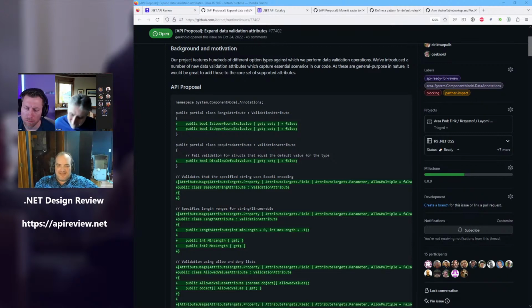What is the actual use case for this? How is this being used? With what types? With what goal? Because if nullable of T is the only thing we care about, we can say, apply to nullable, and done.